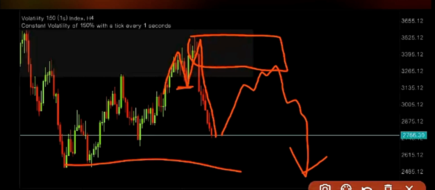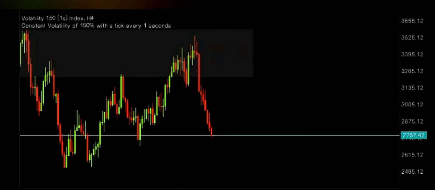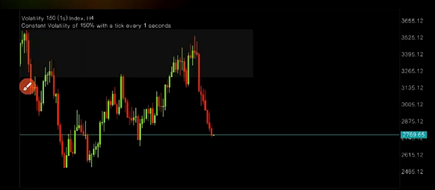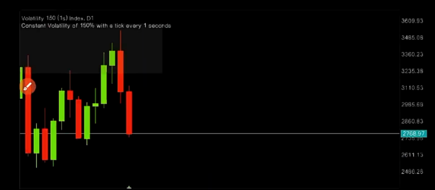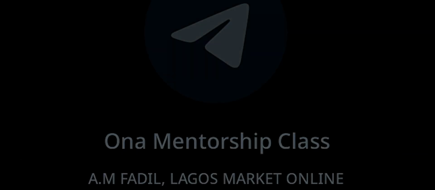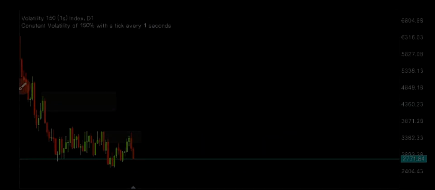Looking at this now, this is just the basic idea of what is happening. So let me start discussing our properties with you, which is model one. Whenever I want to take a trade, I teach my students to look for 5 properties. In any zone where you want to take a trade, you look for 5 properties. The first is